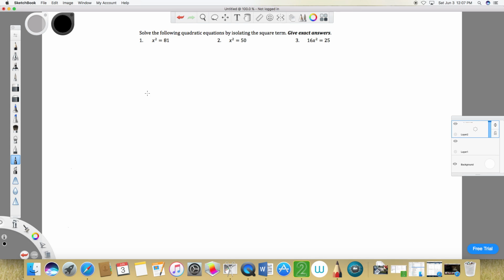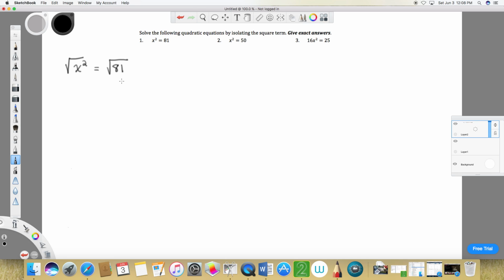Let's take a look at these three problems. We're solving quadratic equations, and for these three problems, all we're doing is isolating the x squared term and solving by using the square root property. In number one, if we take the square root of each side, a step that is often left out,